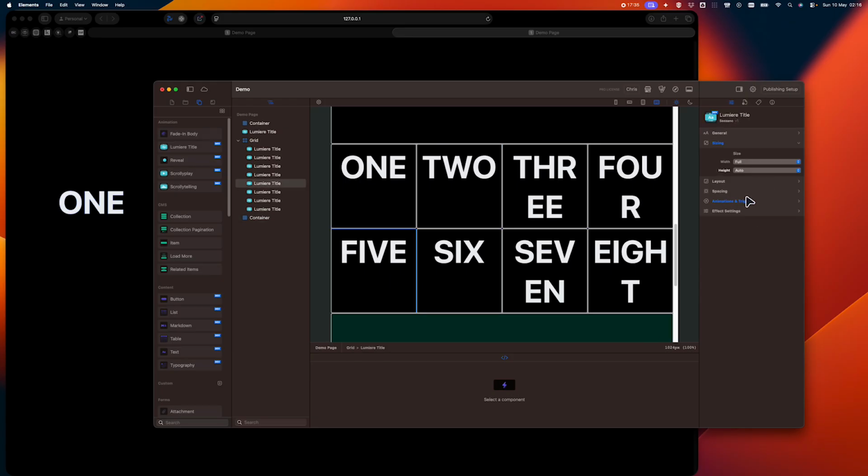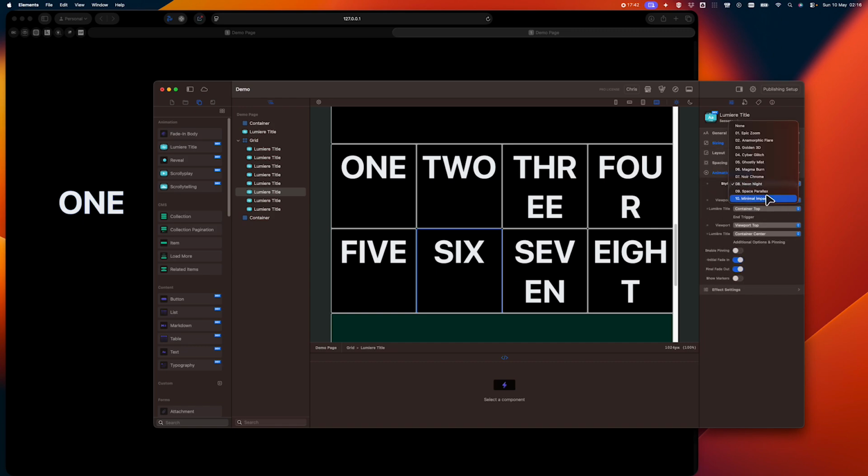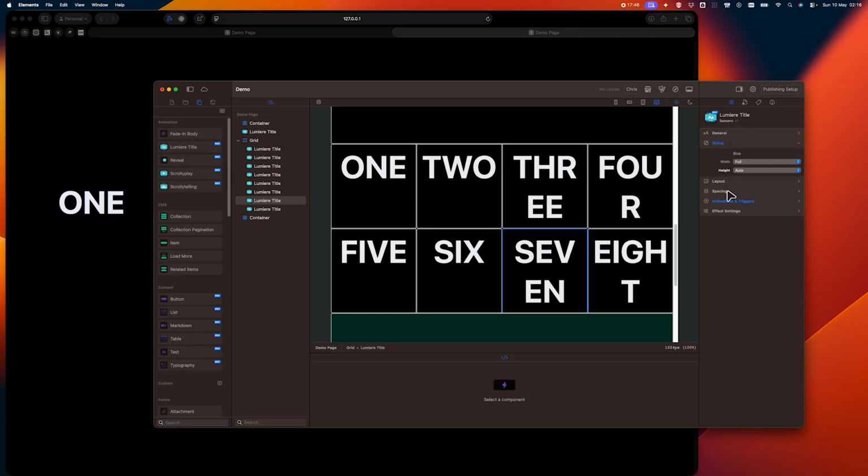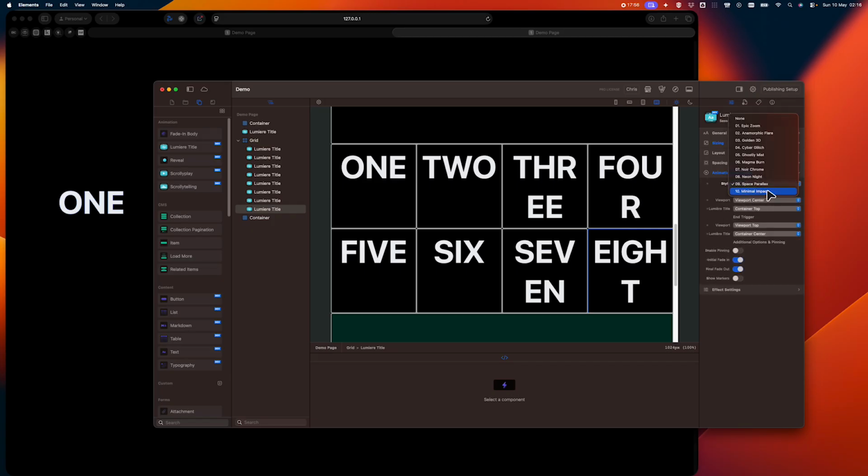Okay, I change this to Golden 3D, change this to Minimal Impact, change this to Anamorphic Flare, change this to Magma Barn. I already chose this, I don't remember. Okay, anyway,